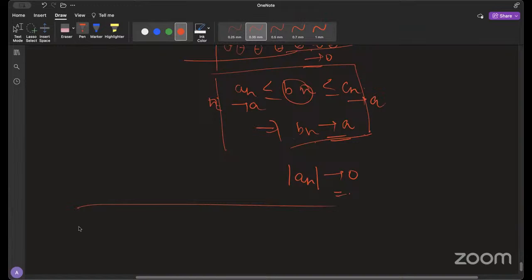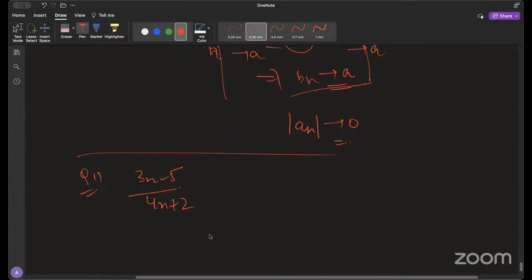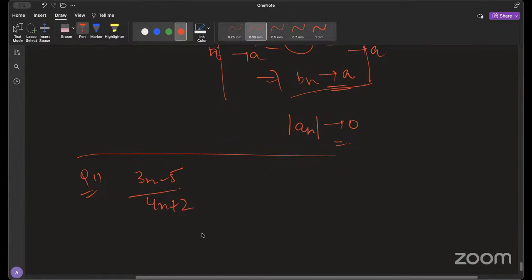Ma'am, 7.4, question number 11. So this is the sequence, and we need to figure out if it's a decreasing sequence or not. We have to figure out decreasing and increasing sequence. Yes, ma'am, I want to know the approach. The approach is